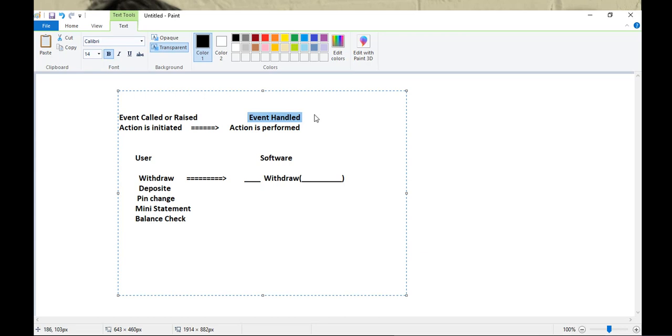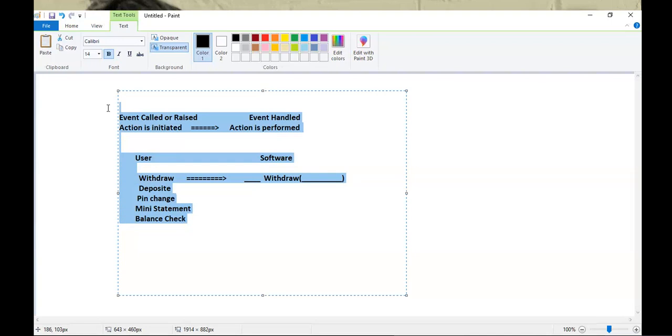Okay, so what is an event? An event is an action performed by the user, as far as this example is concerned. Okay, so this is the criteria I showed you. We'll be discussing this event in detail tomorrow. Is it okay?